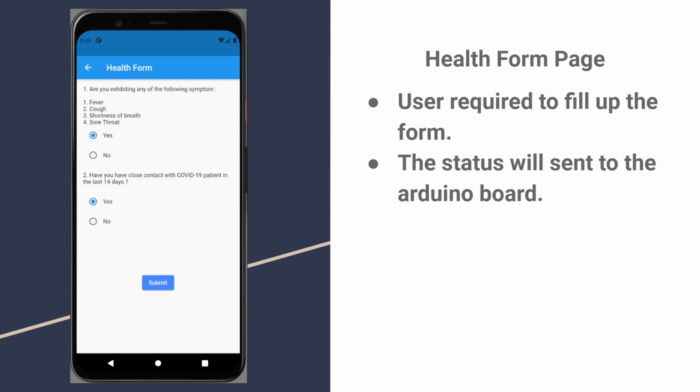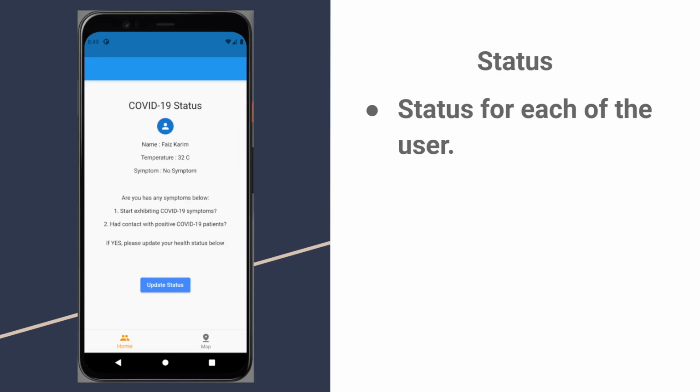When the user submits the form, on the other page it will display the user status, which is whether the user has symptoms or no symptoms.